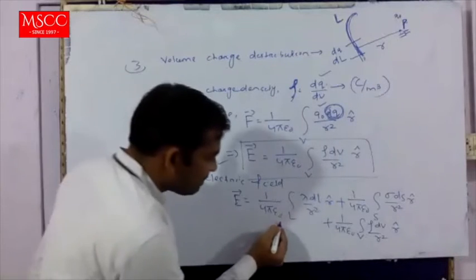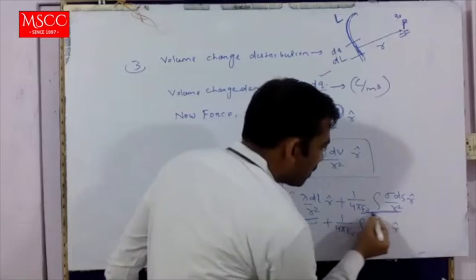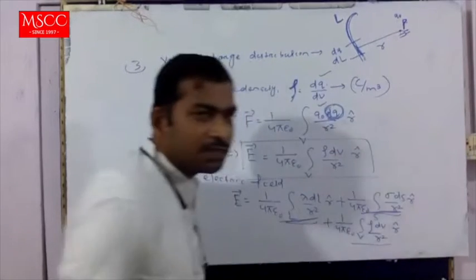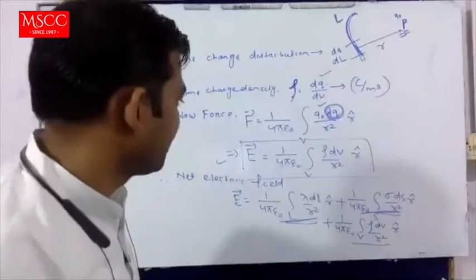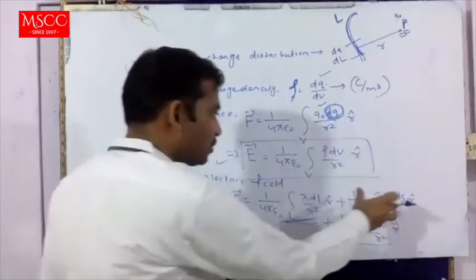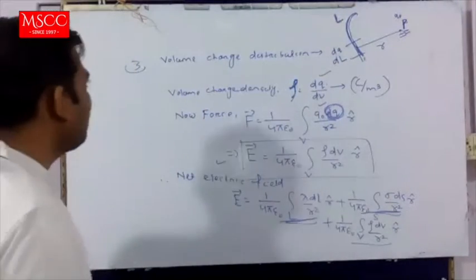This is for linear charge distribution, this is for surface charge distribution, and this is for volume charge distribution. Three parts: one is linear, number two is surface, third one is volume. In general form,